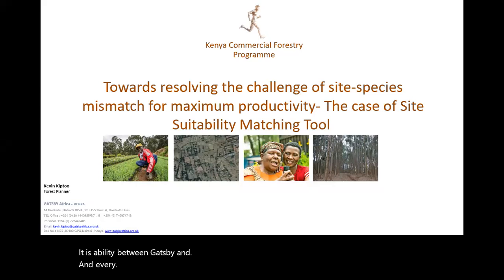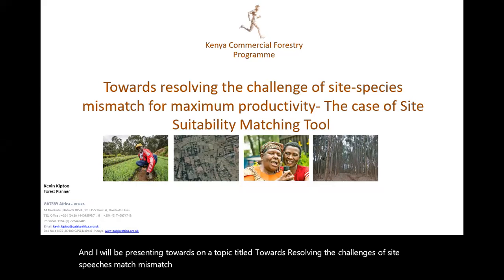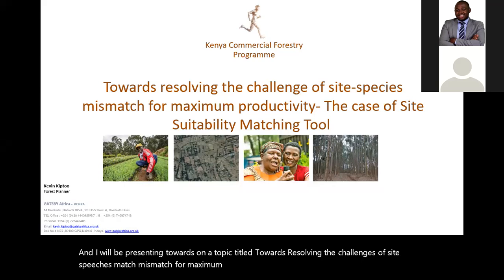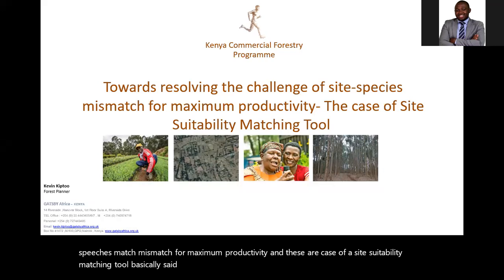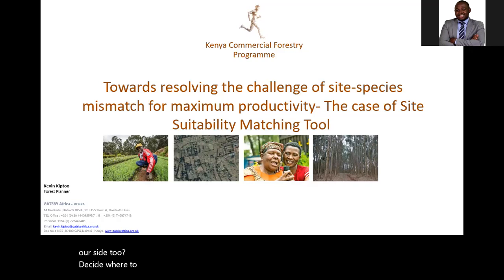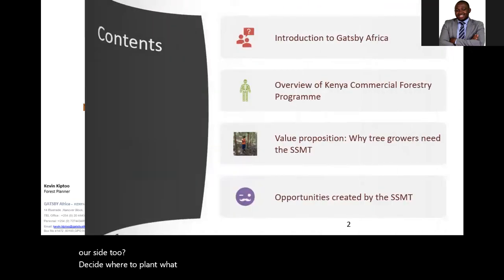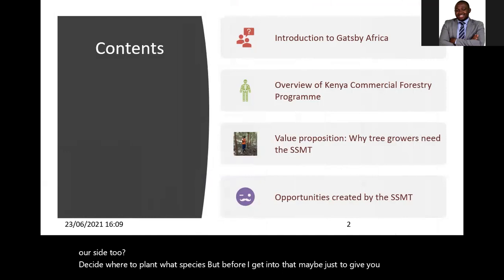And I'll be presenting on a topic titled Towards Resolving the Challenges of Site Species Mismatch for Maximum Productivity. And this is a case of a site suitability matching tool. Basically, the site suitability matching tool is a tool we use in the forestry sector from our side to decide where to plant what species. But before I get into that, maybe just to give you the contents of my presentation,